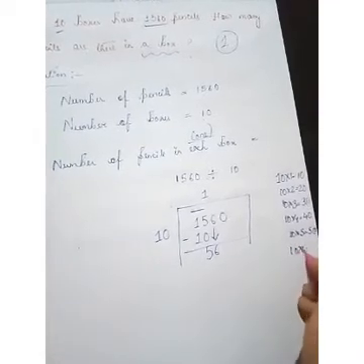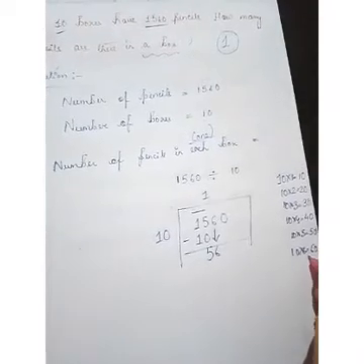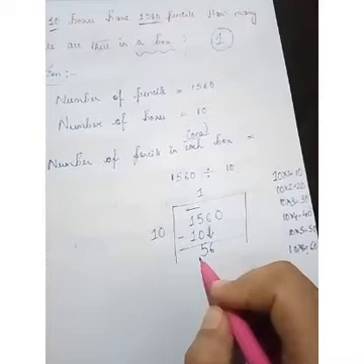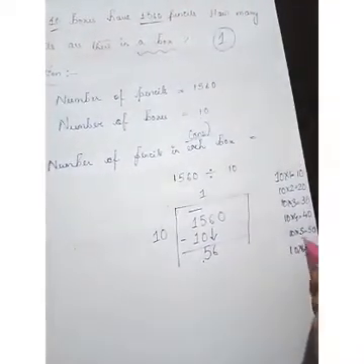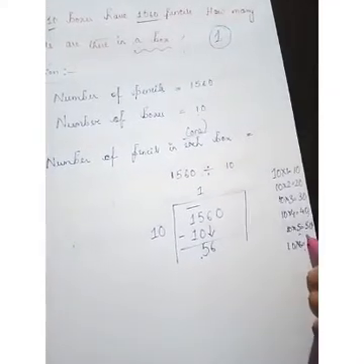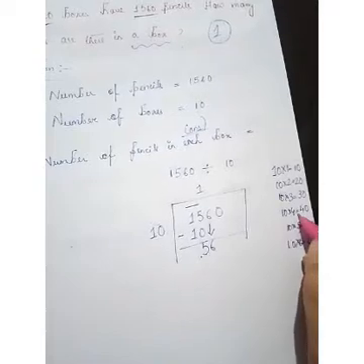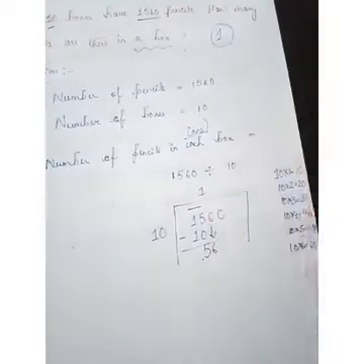10 into 6 equals 60. Now 60 is bigger. The number 56 we cannot find in the multiplication table of 10. So we have to look at the next smaller number which is closer to 56. We can get 40 also, but 40 is much smaller. So 50 we can take. Okay. We have to take the next one.